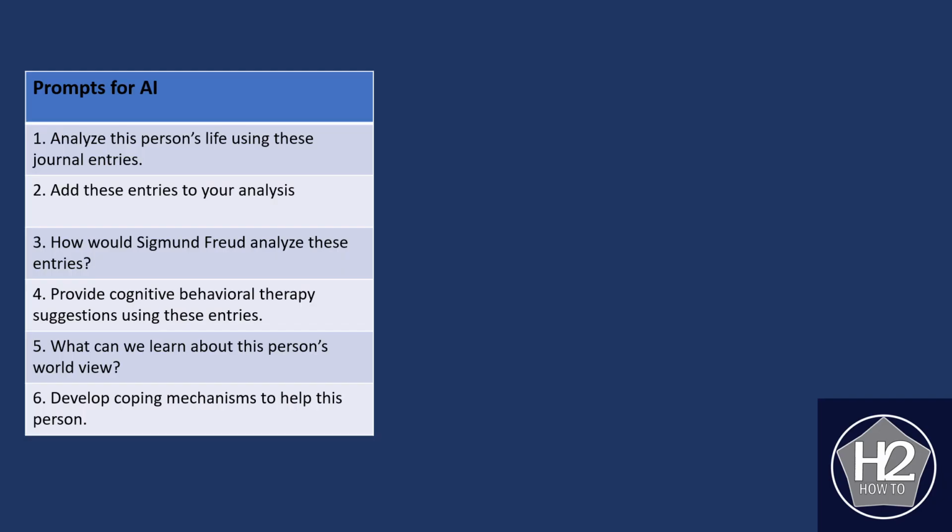And again, here are the prompts that I wound up giving, and you can probably add other people in psychiatry like Carl Jung, Erikson, maybe B.F. Skinner, and you could add additional prompts. I would not say just use these 6 prompts. As you start reading the replies from AI, you'll probably start coming up with your own unique prompts, and then you can use those prompts to ask it additional tasks and come up with a way to improve your life.